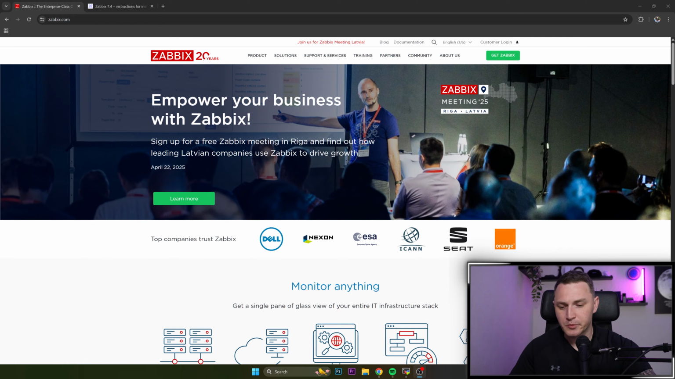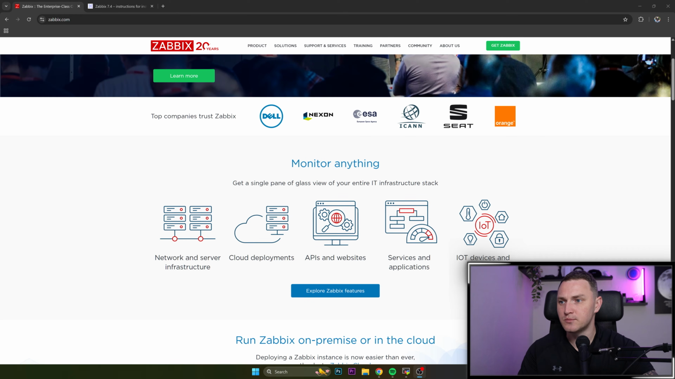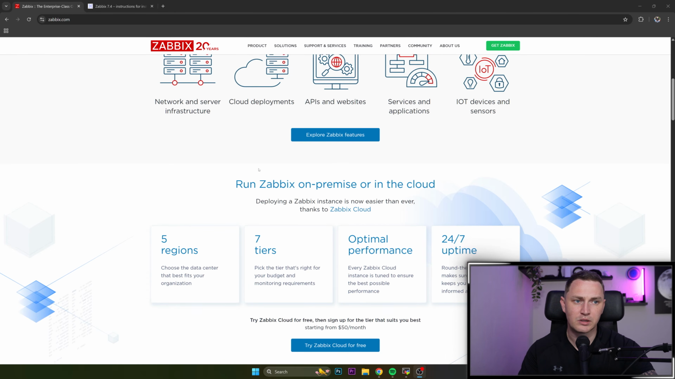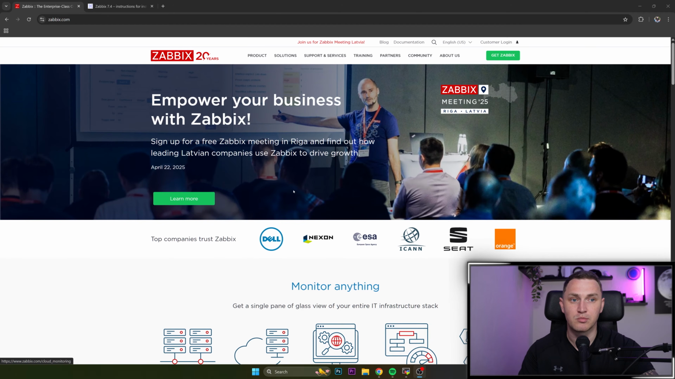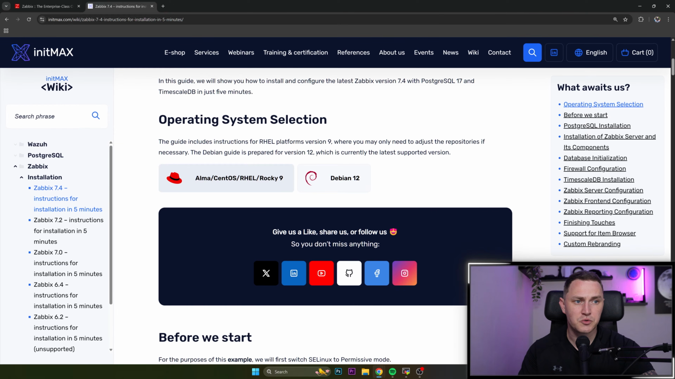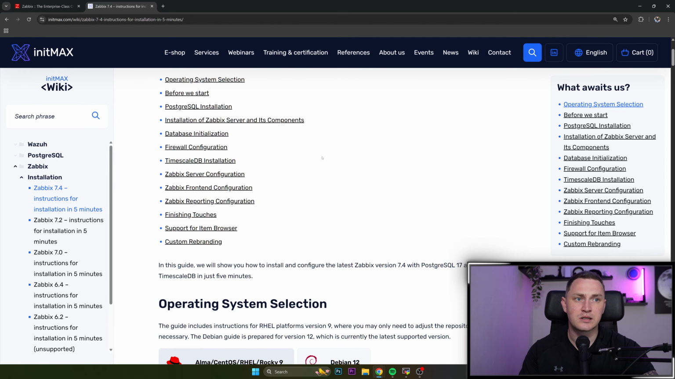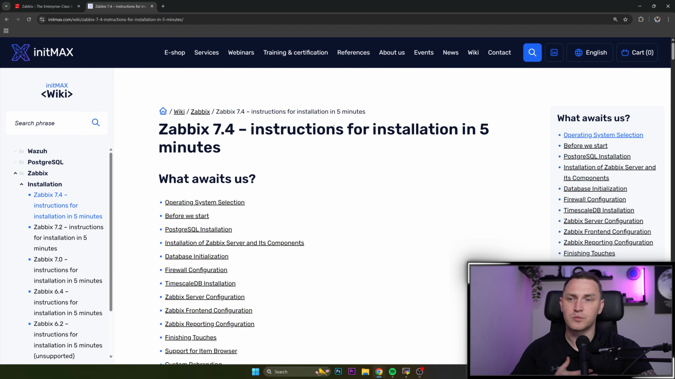So you might be surprised, but even despite the fact that Zabbix 7.4 is not yet officially released as a stable version, you can already install it and test out some new features that might already be available in the current release. And that's exactly what I'm going to show you today: how you can install Zabbix 7.4 with Postgres. And as usual, we're going to use a tutorial, the blog post from Max, who is